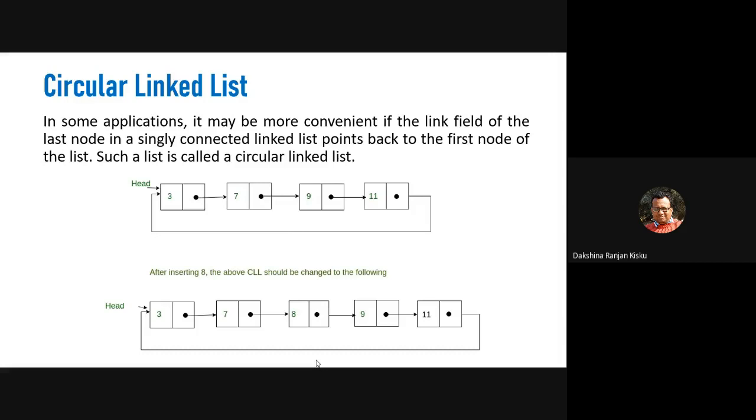Either you can write the entire program, or you can write the function definitions only. You will write the function definitions with the self-referential structure, so that I can understand what members are present in the self-referential structure. And using that self-referential structure, you will define these two functions, one on the doubly linked list, another on the circular linked list.